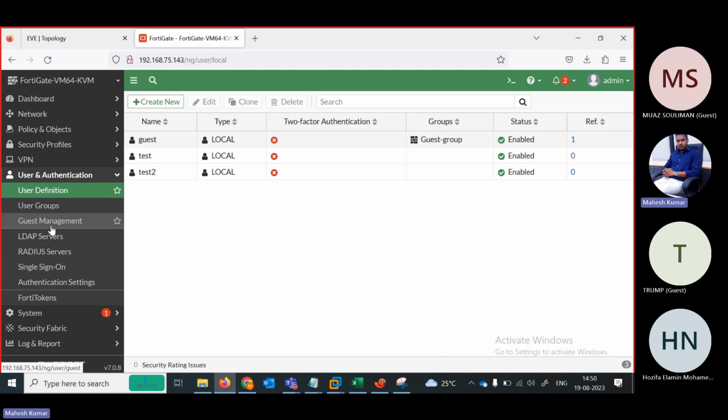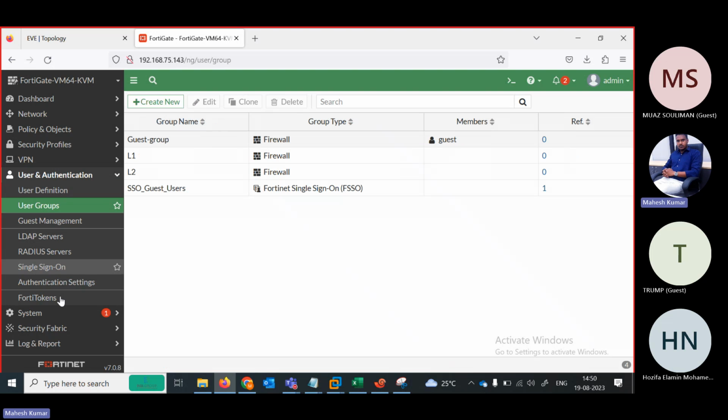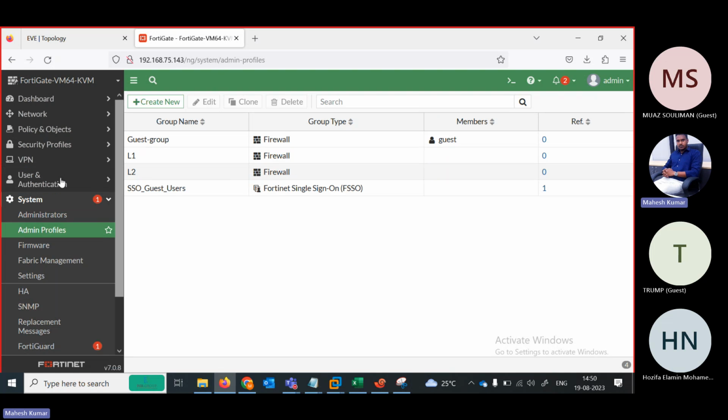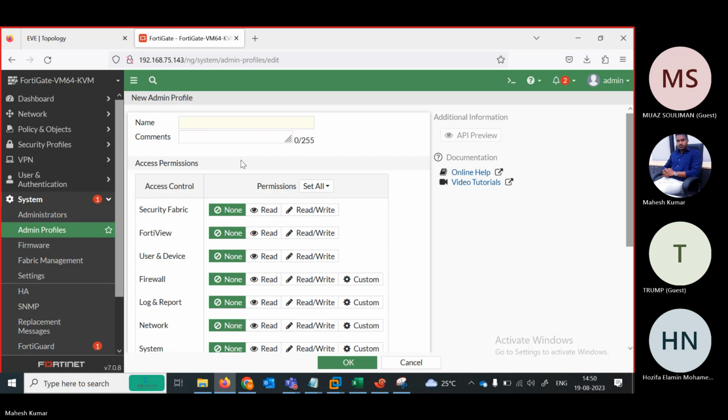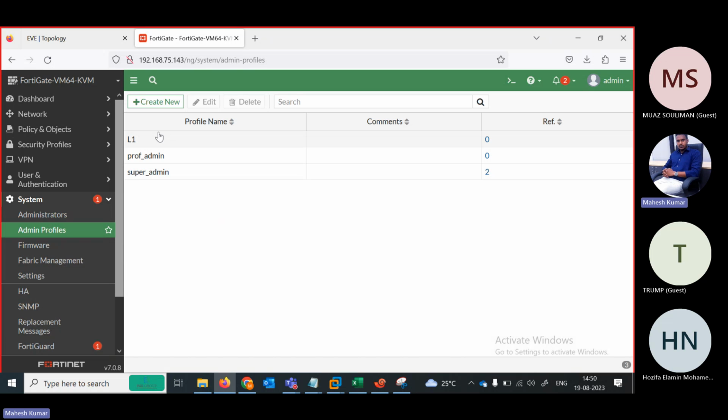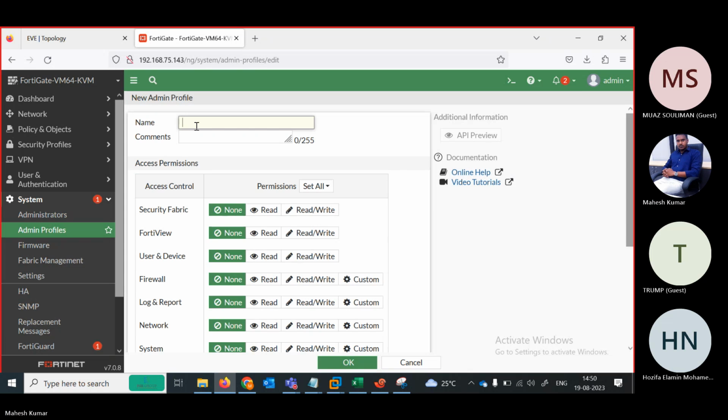Wait a minute. User group, where I was creating the last time. Here, sorry, I went the wrong way. Here we need to do, not in this user, not under this user in authentication. Here we need to create. Sorry, this is our L1. I created it now. I'm just giving a name of L1, okay, L1, and again I'm creating an L2,